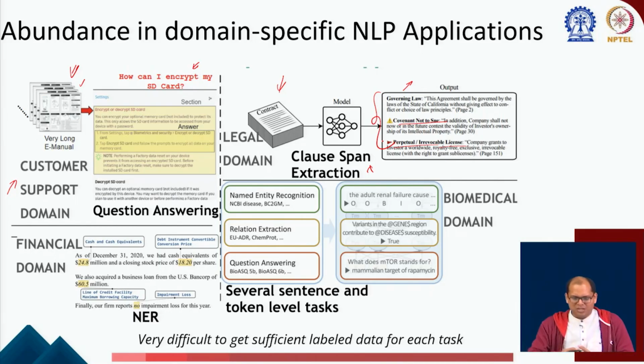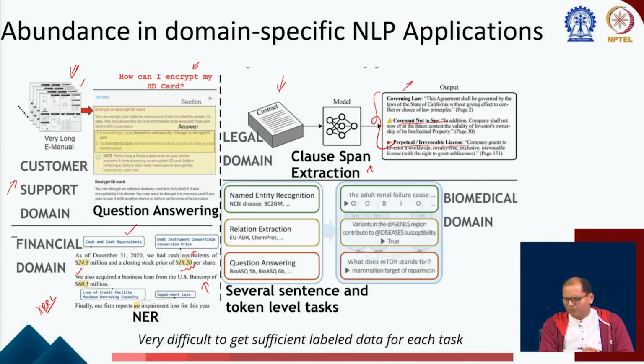Now you can talk about the financial domain. Let's say you are trying to write a financial report, where one requirement is that for each numerical value that you put, you need a tag. There are standard XBRL tags, so you need to give an XBRL tag from this taxonomy. So this is a tagging problem that you have in the financial domain. You need to know what this particular numerical actually means in the financial domain to be able to tag